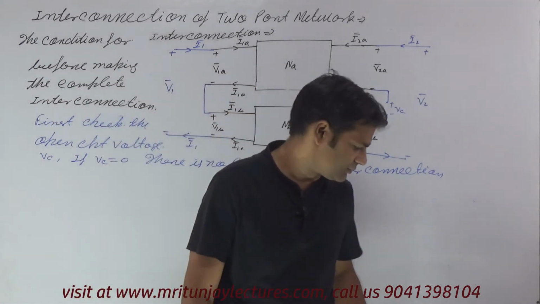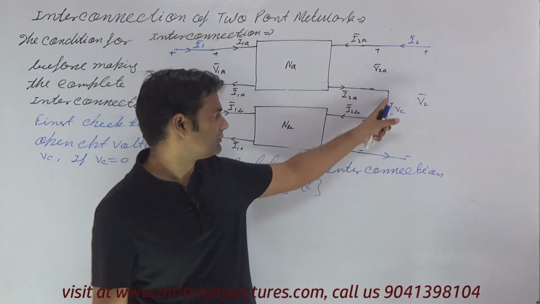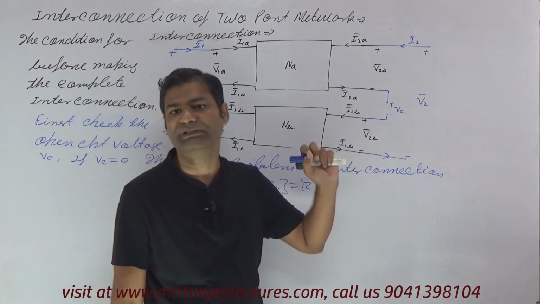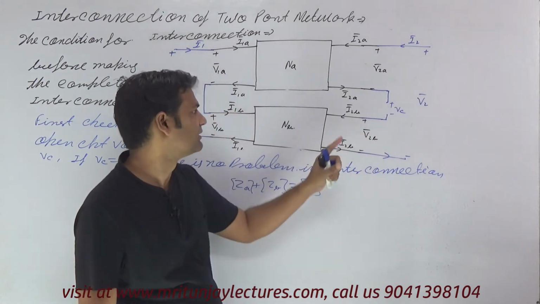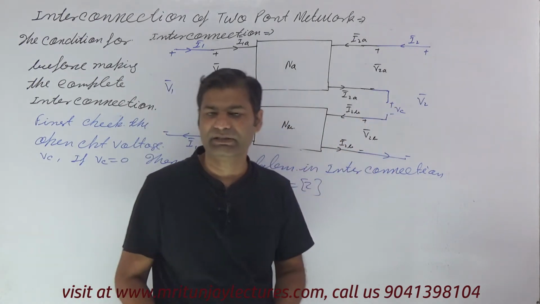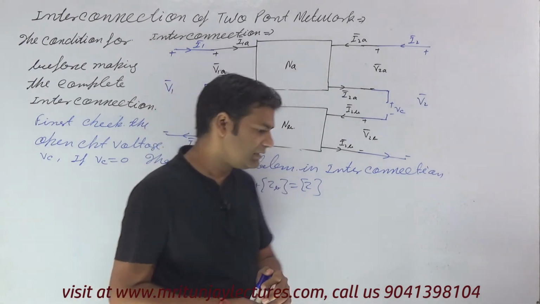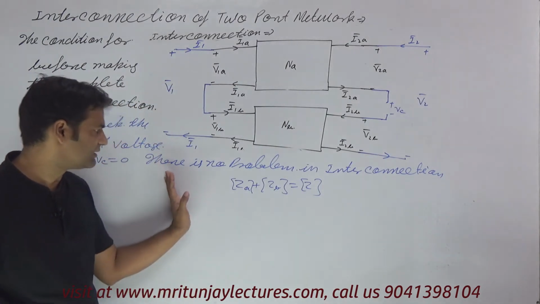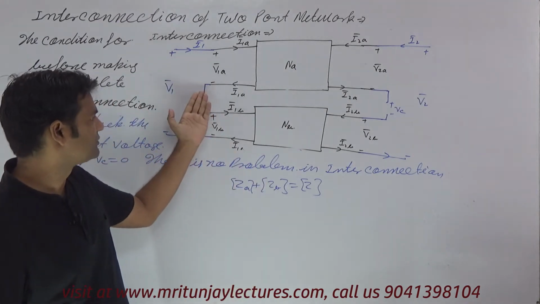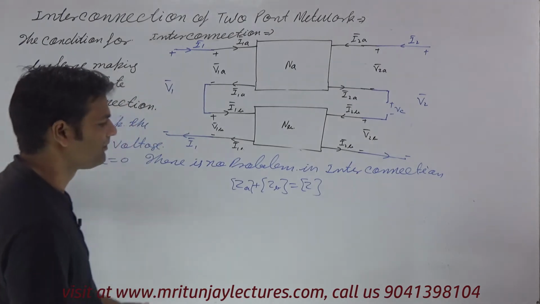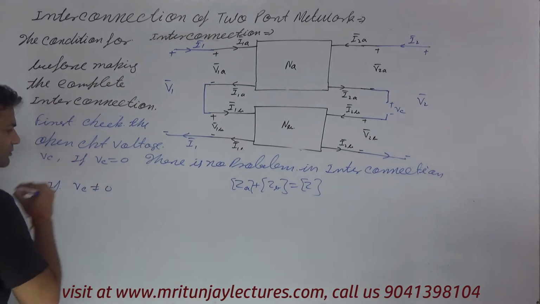Practically, before making the interconnection, we keep this as an open circuit and connect a voltmeter. If the voltmeter reading is 0, it means the voltage Vc is 0. If Vc is 0, this interconnection is effective, because we want to short circuit it. But if Vc is not 0,